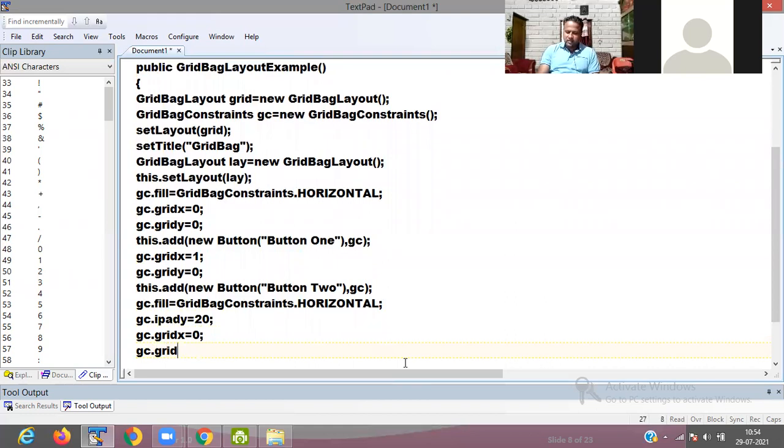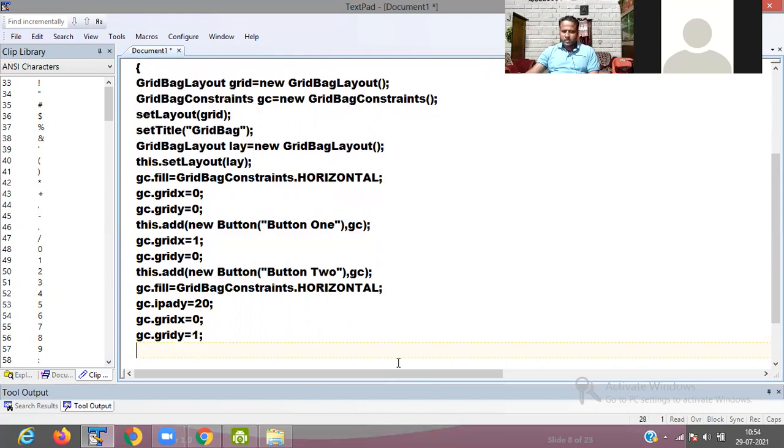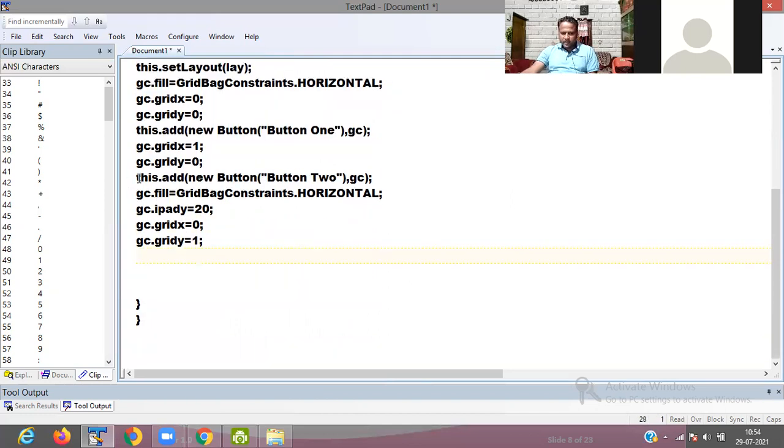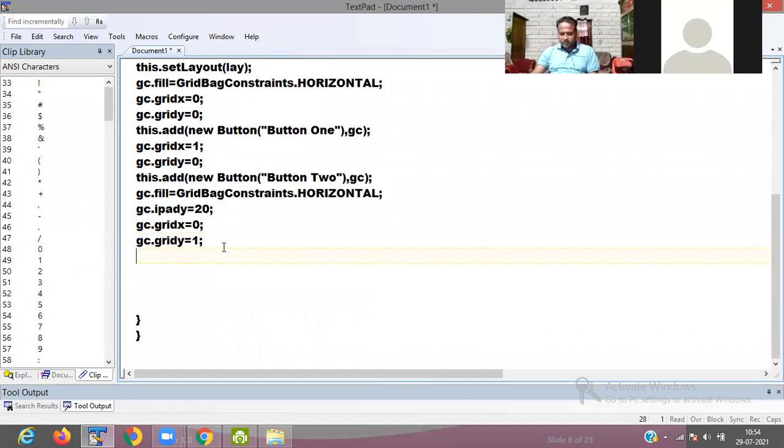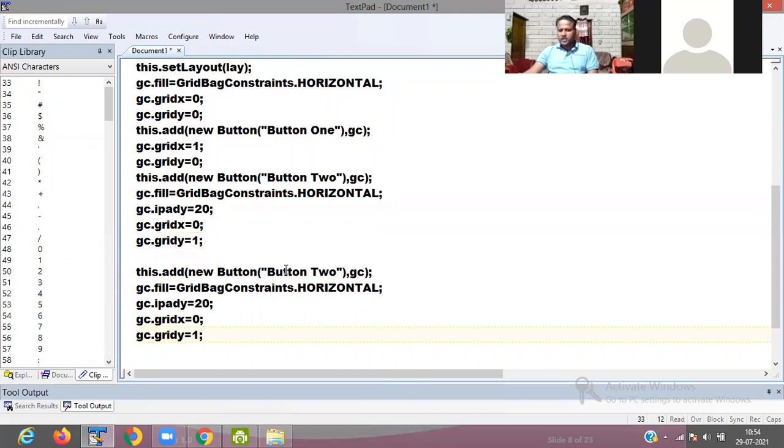It is added on a horizontal and vertical basis, gc.gridy equals 1. Okay, then in a similar way I add the third button, Button 3, with gc.